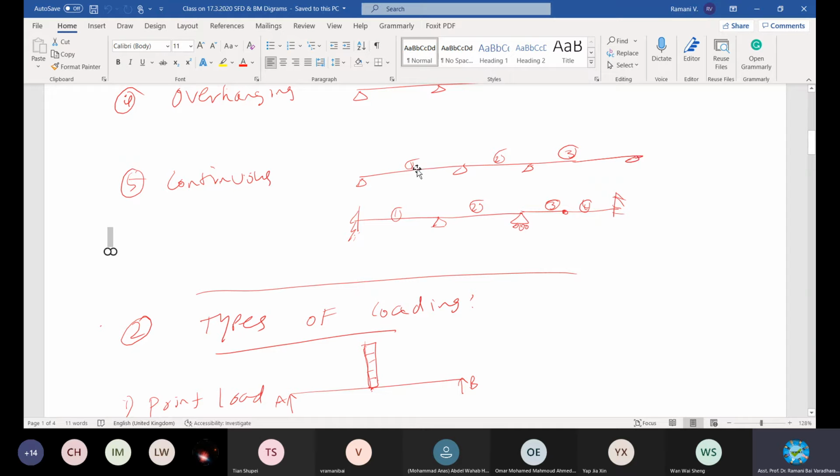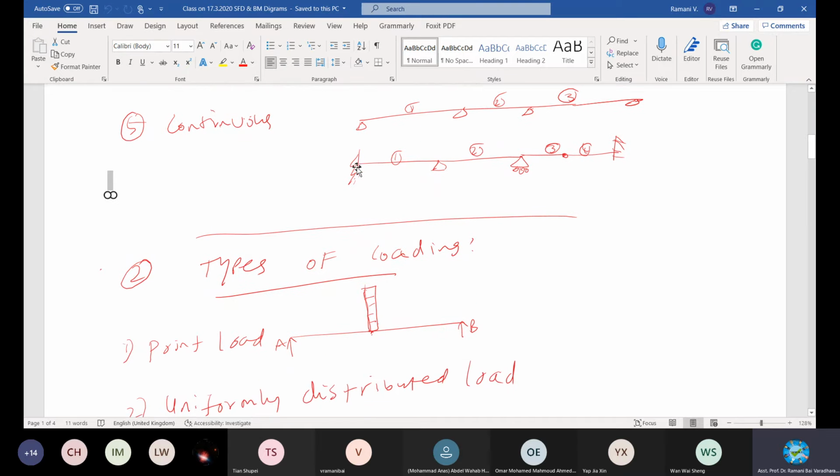You will have three members jointly, 1, 2, and 3. Three members continuously supported. Sometimes the ends are fixed, right? Ends are fixed with a thick wall. Normally in buildings, the end walls are about 1 foot or less. The thickness of the wall will be 1 foot or less, about 20 to 30 centimeters. Sorry, yes, 20 to 30 centimeters they will build. All the internal frames will be partitions. Consider partitions will be 10 to 12 or 10 centimeters they maintain.